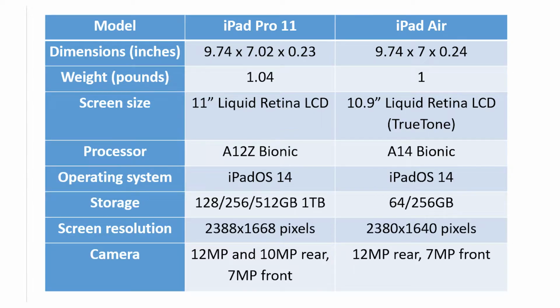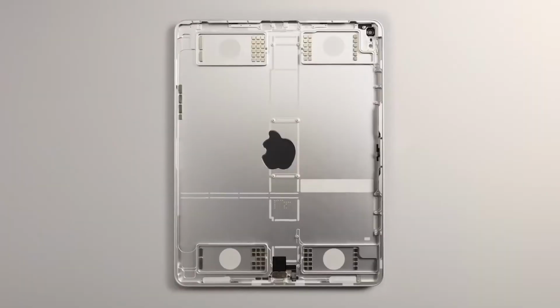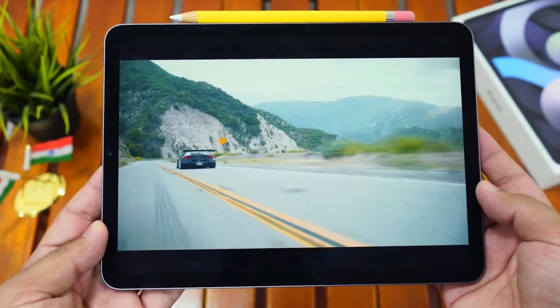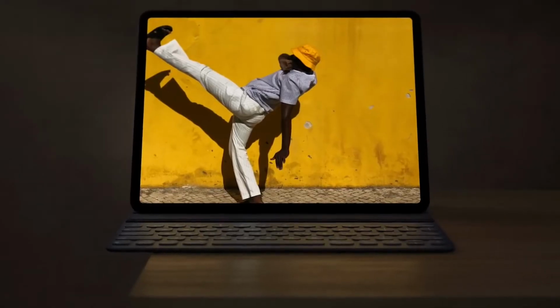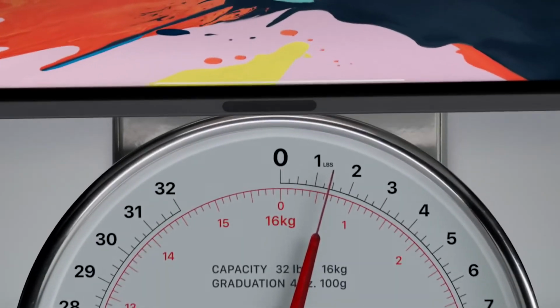So the main difference between these two is performance and storage. While both iPads offer superior performance, the chips are different. The iPad Air 4 operates on Apple's A14 Bionic chip with Neural Engine, while the iPad Pro 11 comes with the A12Z chip with Neural Engine. The A14 Bionic chip is newer, but this does not mean in any way that the iPad Pro 11 is